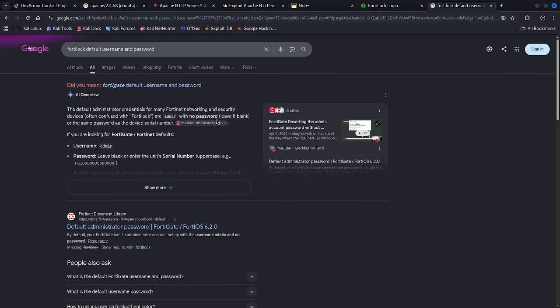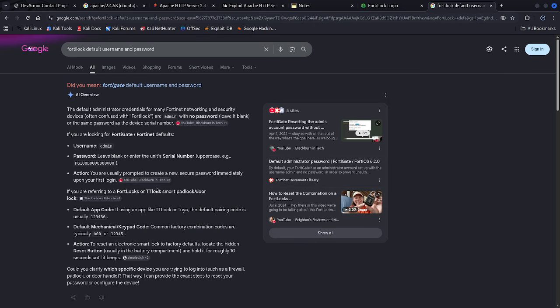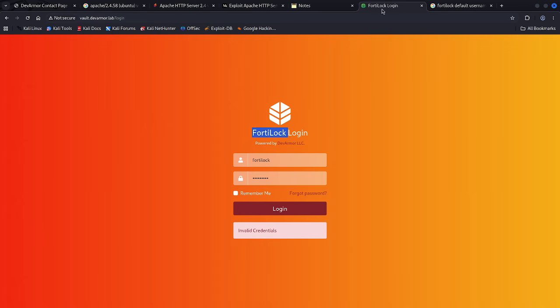So we have admin, and we can try admin with no password, and then we can also try admin and maybe 123456 or 12345. Let's try that. Admin, leave the password blank. It's compulsory for us to fill this, so let's do 123456. So I really don't want to lock out this account if indeed there is an admin account, because we've tried more than 3 times now. So let's try another user